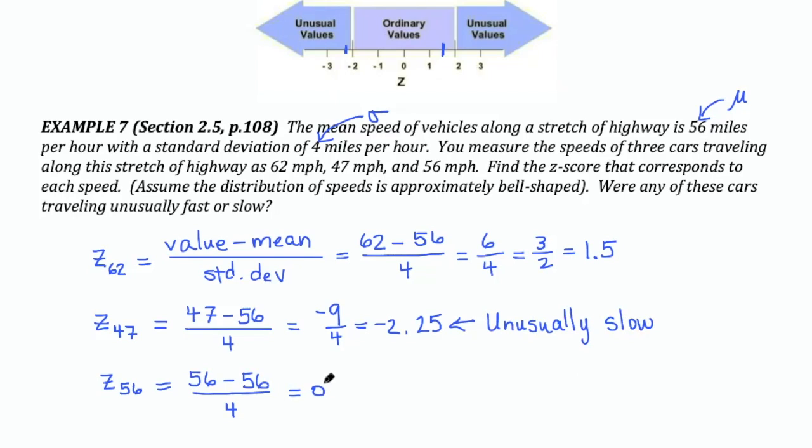And then for 56, we got a z-score of 0. That's because the mean is always found in the middle. So the mean will always have a z-score of 0. And that literally tells you that this person was driving the average speed. So if I had to describe each of these situations, I would say 62 miles an hour, this person was going faster than average. 47 miles an hour is unusually slow. And 56 means they were traveling the average speed. You can see how the z-score gives you important information as to where that piece of data fits into the data